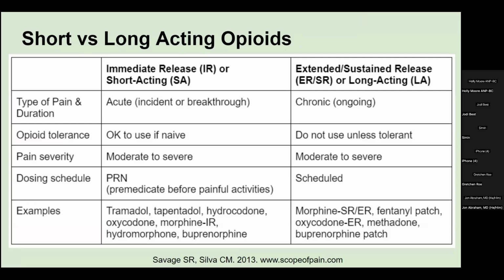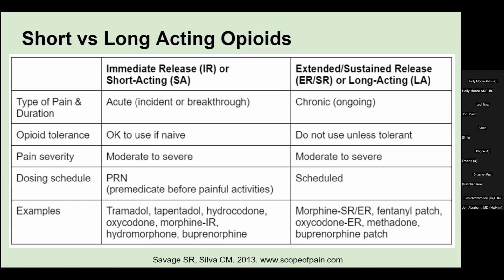It's also important to know the difference between short and long-acting opioids. So with immediate release or short-acting opioids, generally this is for acute pain or incident or breakthrough pain specifically precipitated by activities. It's okay to use if they're opioid naive, if the pain is moderate to severe, and the dosing is usually as needed, especially pre-medicating before painful activities. Examples include tramadol, tapentadol, hydrocodone, oxycodone, morphine IR, hydromorphone, buprenorphine,